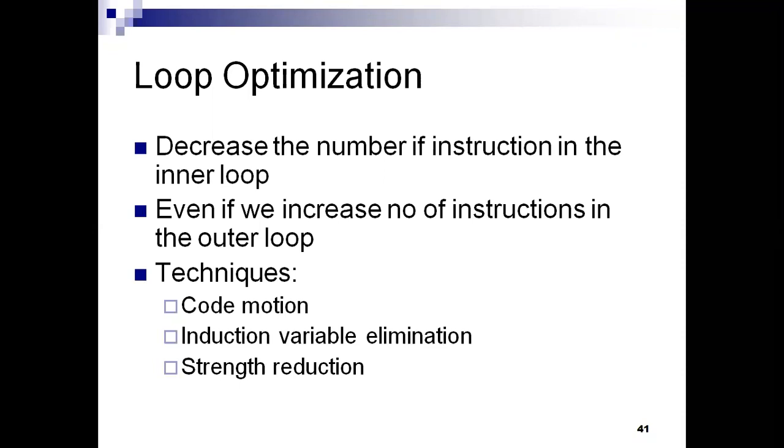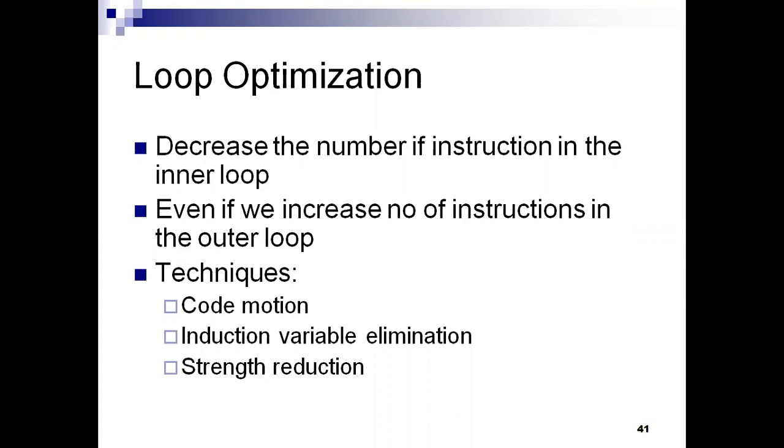To a large extent, loop optimization is a technique in which code optimizations are performed on inner loops. Loop optimization is carried out by the following techniques or transformations: code motion, induction variable elimination, strength reduction, loop invariant method, loop unrolling, loop fusion, and so on. So many techniques are there, and we call them transformations under loop optimization. The main important thing is that we need to decrease the number of instructions in the inner loops by applying these loop optimizations.